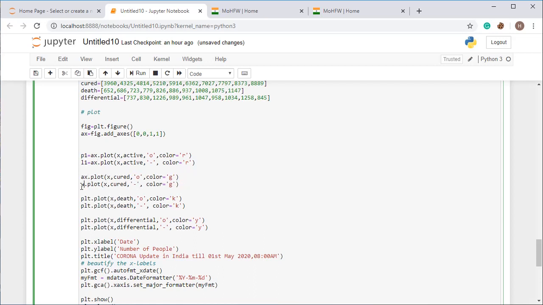Replace all the plt with ax and set it like P2 is equal to this, and P1 is equal to this, sorry, P1 not L2. In the same manner here also you have to use ax, and here also ax, and put it here. P3 is equal to this, and L3 is equal to this.